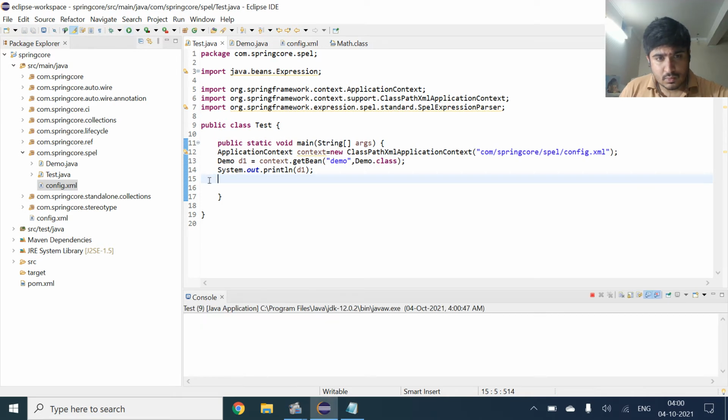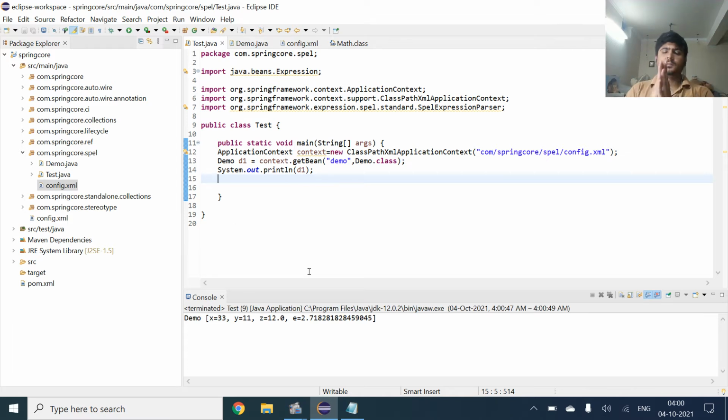So now we are getting the value of e. We are getting the value of e as 2.718.